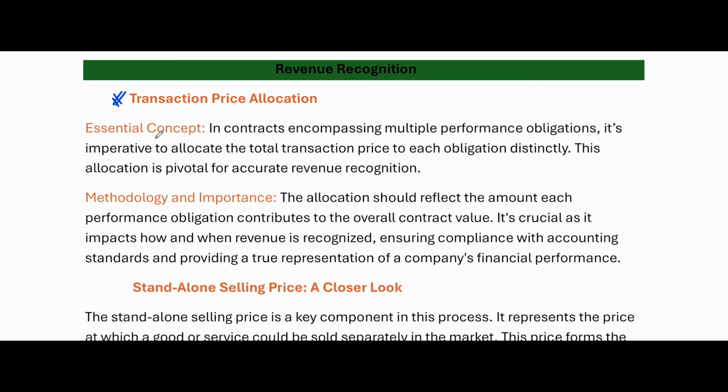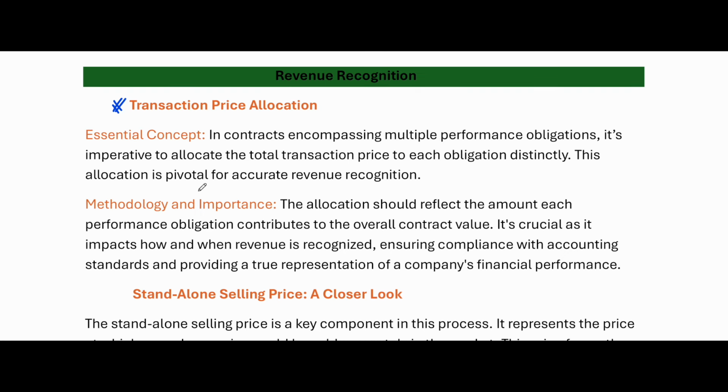First, after identifying the contract and the consideration, the price allocation will come, because some discounts are there. So let us discuss the concept and you can easily understand. It is really an essential concept in revenue recognition. In a contract encompassing multiple performance obligations,